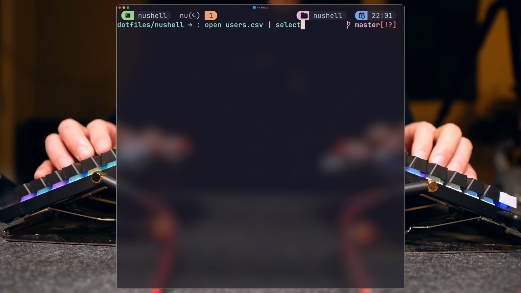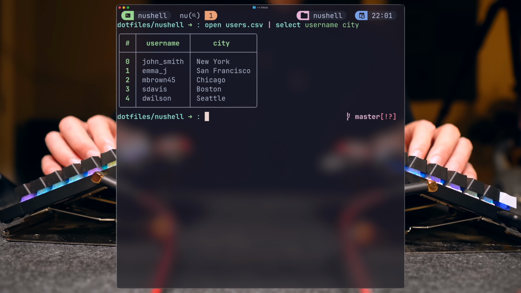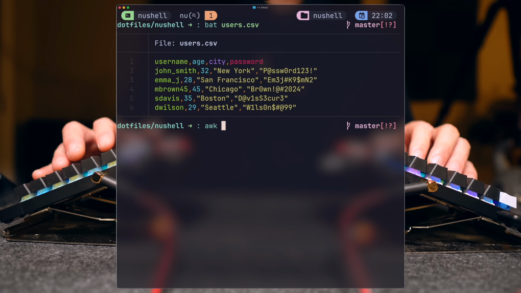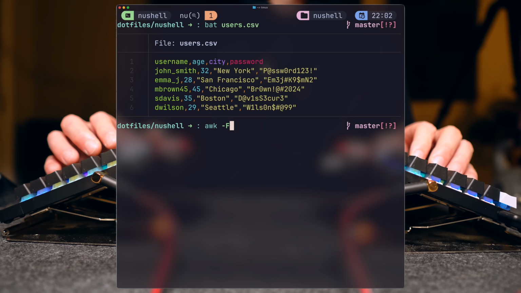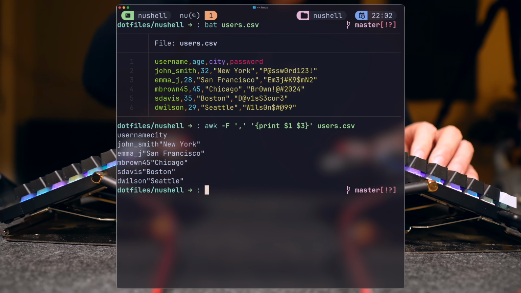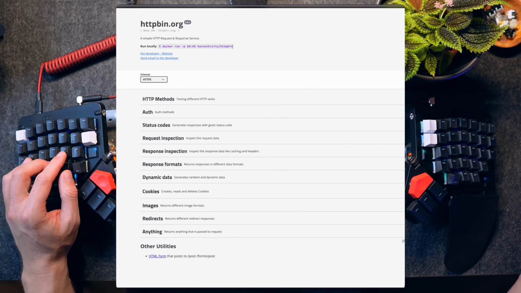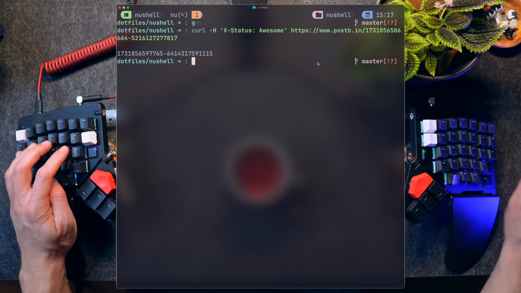The same query language applies with every structure. This is how selecting certain columns works great with a CSV by selecting, for example, the username and the city. If I wanted awk to do the same, not only I'd never remember the exact syntax, but it would look something like this, awk -F with comma as delimiter and then printing column numbers wrapped in curly braces, then wrapped in quotes. I never miss an opportunity to fail an awk command. Feel free to tell me it's a skill issue and rightfully claiming that awk is everywhere and super powerful, which it is, but like it or not, Nu is smoother, nicer, and a better option for 80% of daily use cases. Ready to take Nushell's capabilities even further?